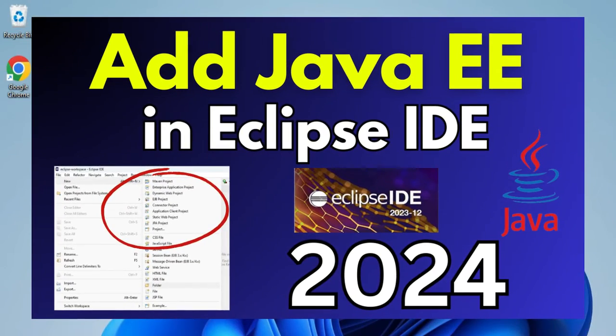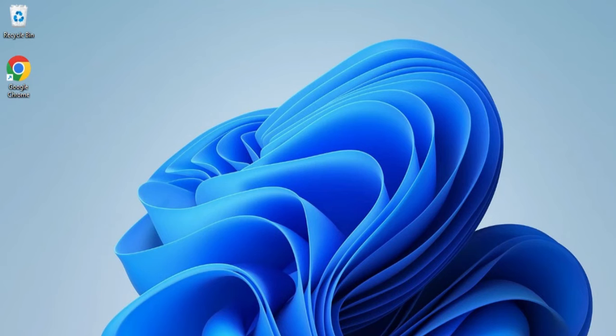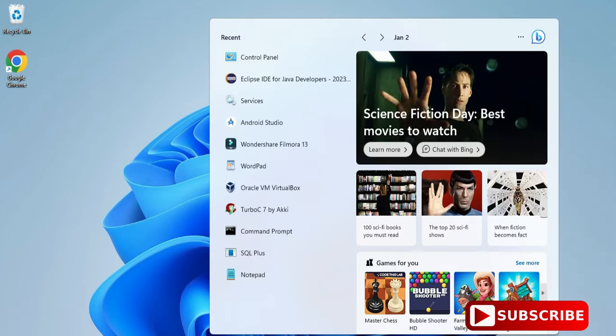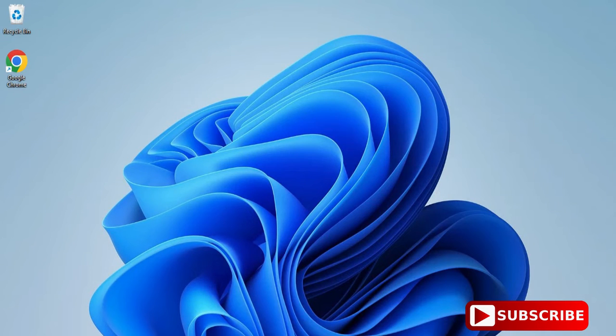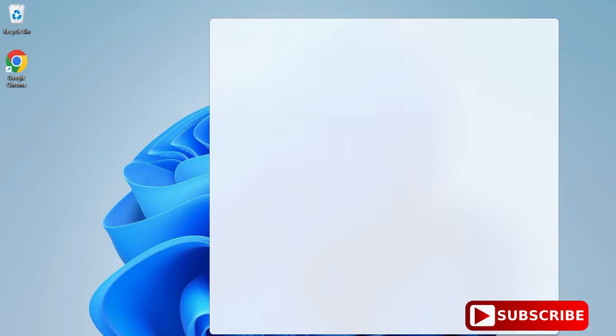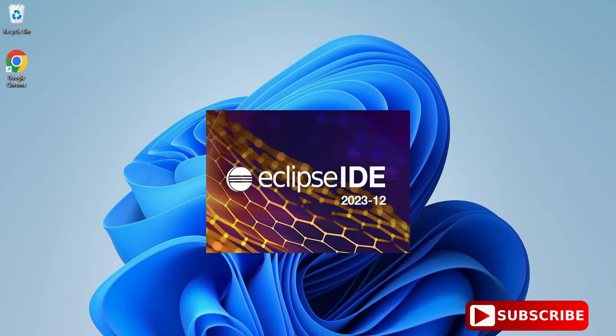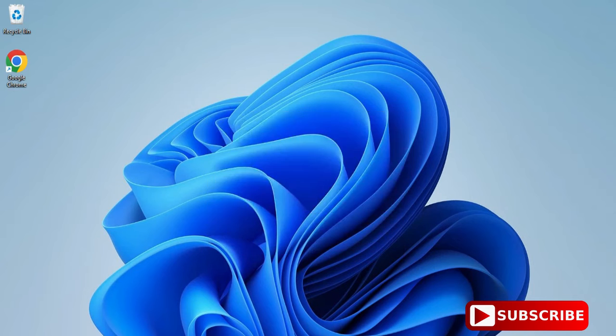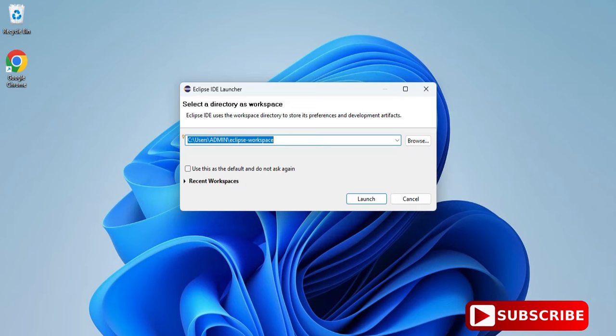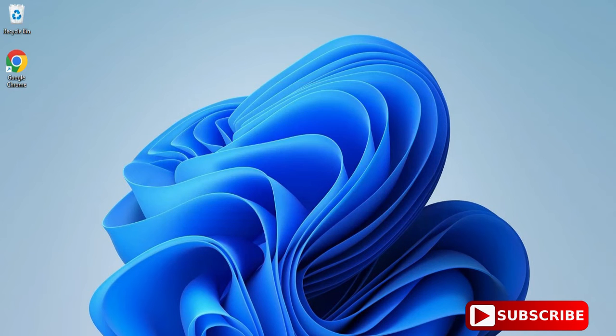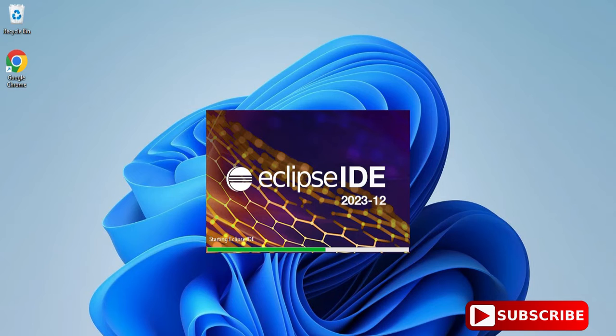You can watch that. And now guys, let me show you how you can configure your Eclipse IDE for adding your Tomcat server and how you will be creating web project in it. So guys, let's start. First of all, I'm starting my Eclipse IDE. Here in search box, I'm simply typing Eclipse. So here my Eclipse IDE is started, and now it is asking me for the workspace. So I'm taking the default workspace, whatever has been given, and I'm just clicking on this launch button.